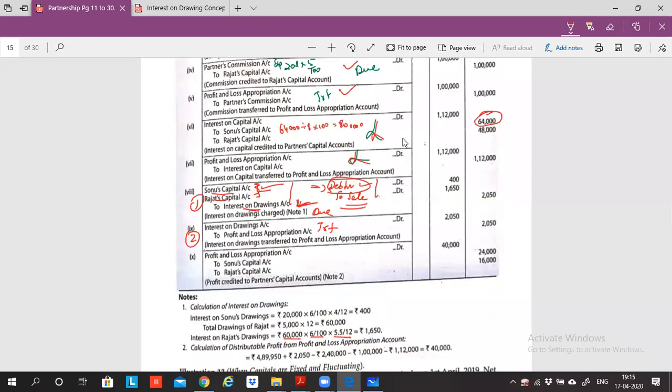Yes, sir. Will you be able to manage? Whenever there is interest on drawing, please mark illustration 12 and make a comment there. Go through only interest on drawing, because everything else in this concept you would have studied. Interest on drawing is new. In this interest on drawing, there are two concepts we are learning.